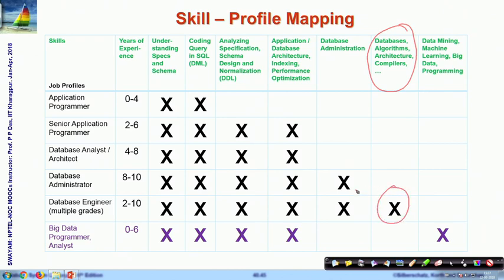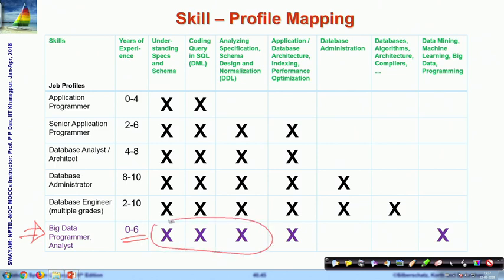Only then, coupled with all the database knowledge, will you be able to work as a database system engineer. And in the emerging area of big data, of course, I am saying this is 0 to 6, it could be 0 to 8, not more than that, because it did not exist quite a long time ago. But you need to have at least a basic level of relational database understanding and knowledge,